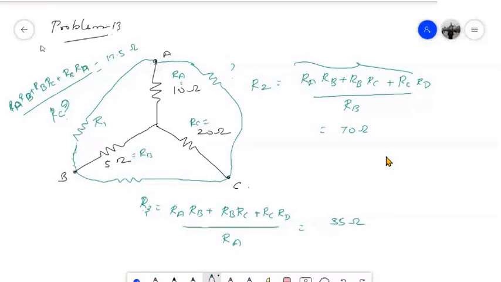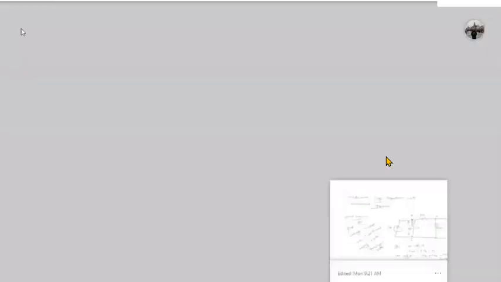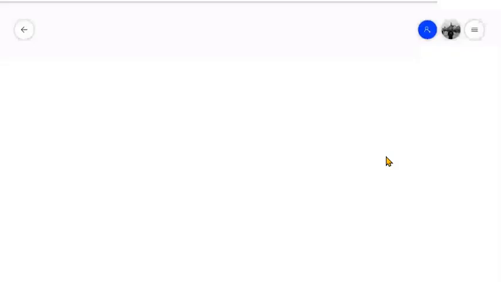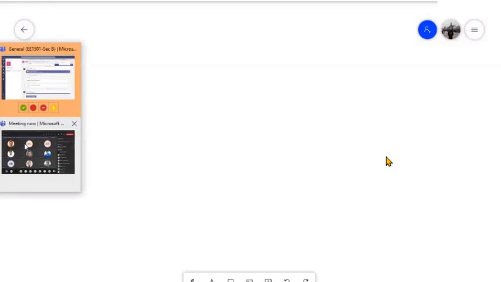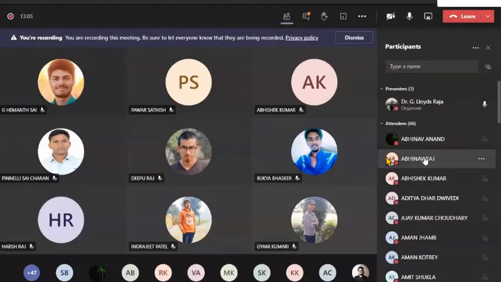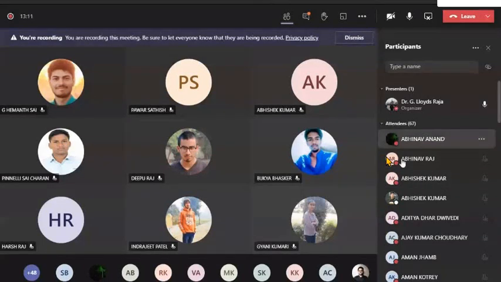So that will take me to the next topic, that is superposition theorem. So I'm seeing here, none of you have any queries regarding these two topics. It's simple, but I don't want to solve any problems specific to the star delta conversion. But when we are trying to analyze some complex circuit, at some point of time we may have to use this star delta conversion to simplify the circuit.